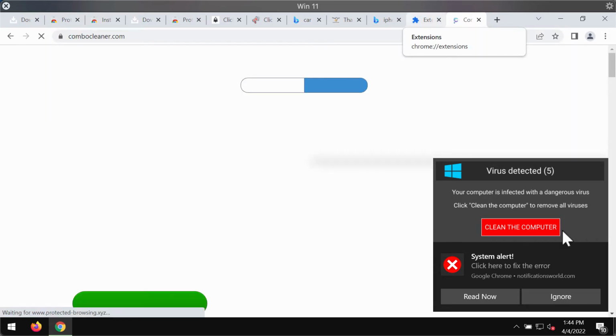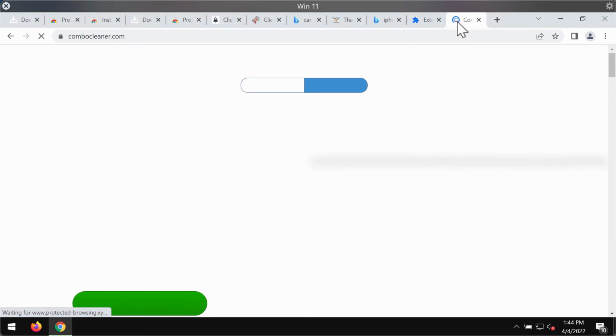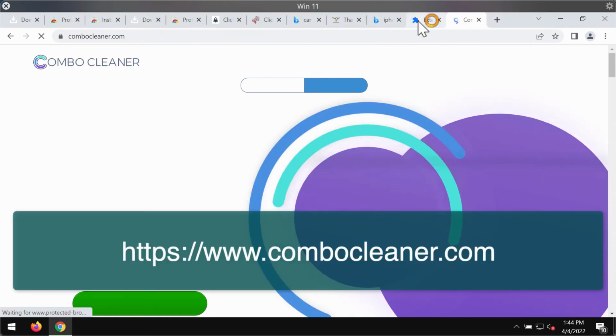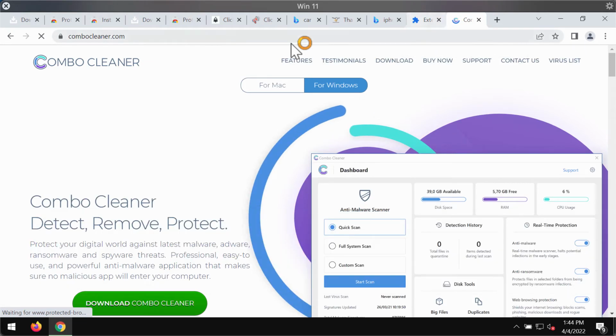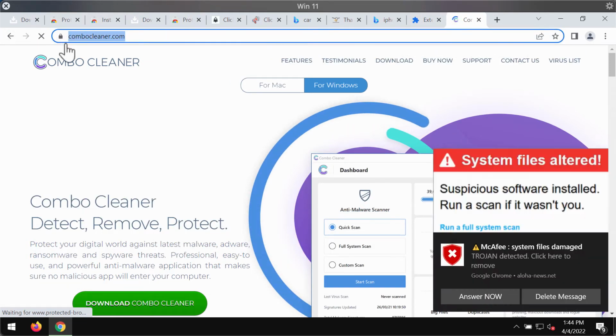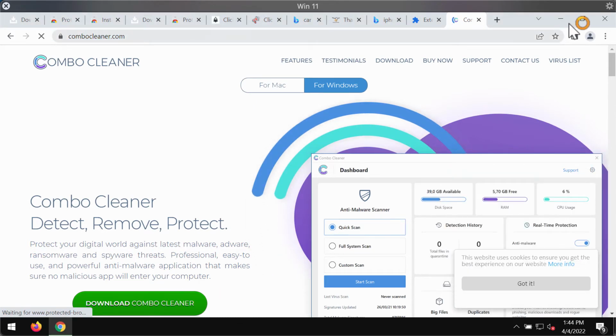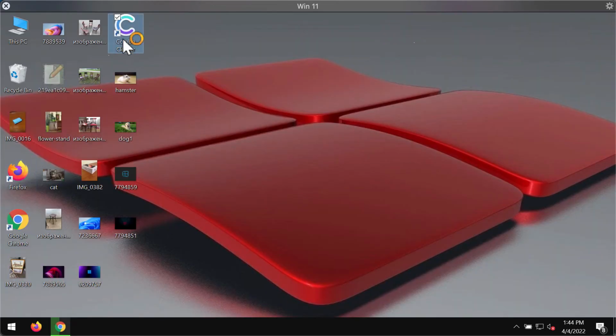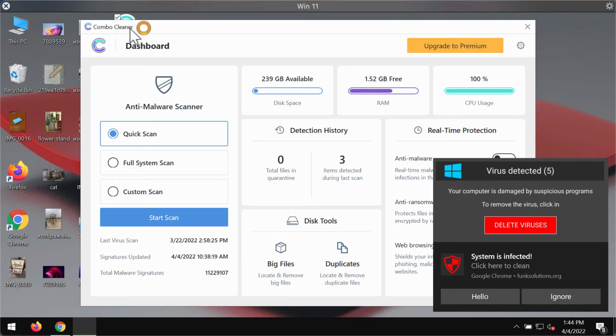To make sure that your computer is free of other hidden threats, I strongly advise scanning it with Combo Cleaner Antivirus. Get it on the page combocleaner.com. Use this green download button, install the application, and begin carefully researching your system to detect and delete other threats